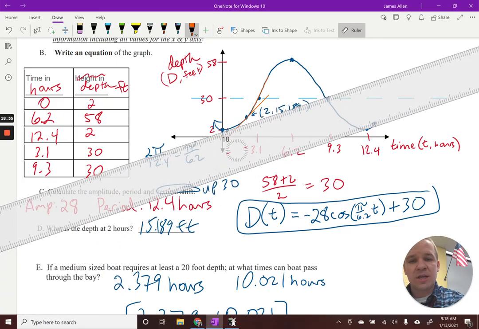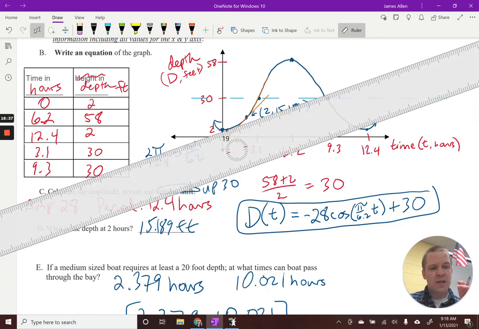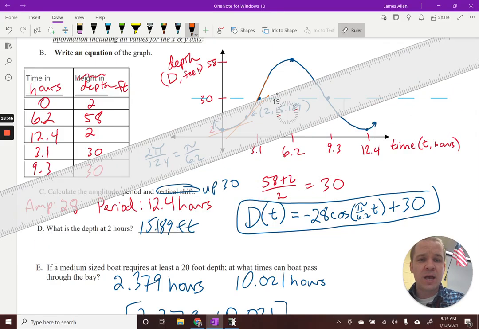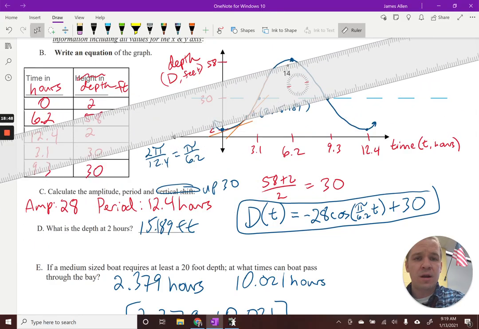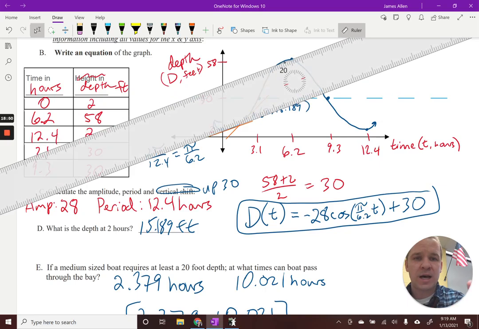And then when you see us getting closer to where the tides are changing, like it's transitioning from low to high tide, well, now the slope is a little more mild. And the same would go up here. If I'm just before high tide,